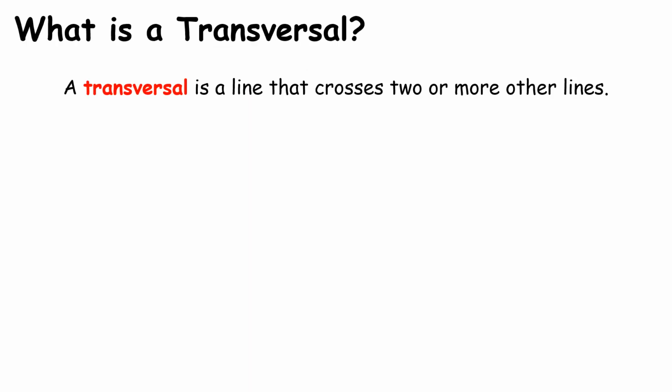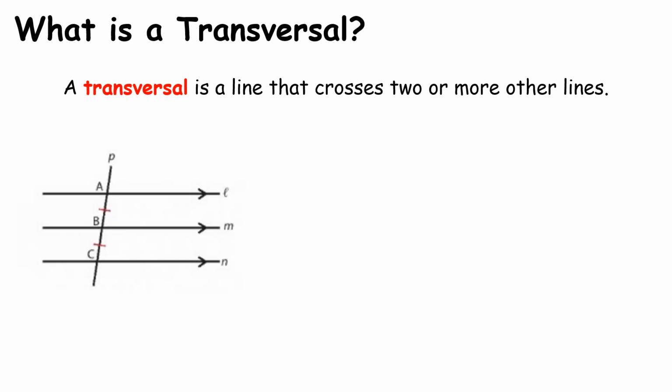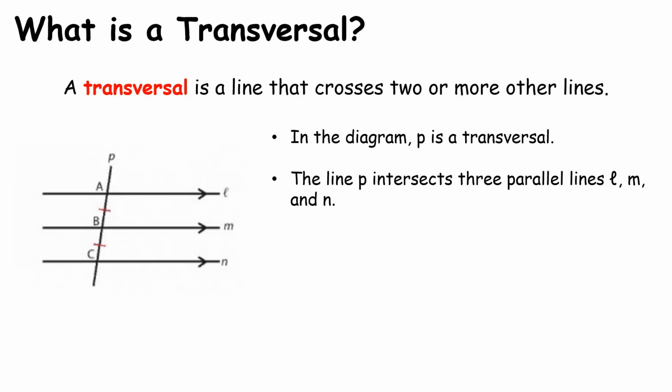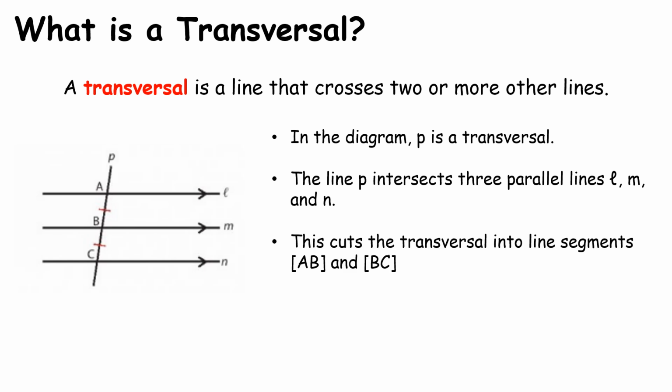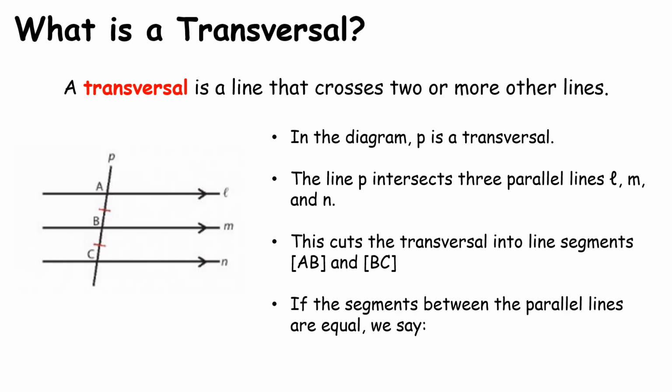So what is a transversal? A transversal is a line that crosses two or more lines. So here's an example of it. Here P is a transversal and it intersects three parallel lines, L, M, and N. And it cuts the transversal into two specific line segments, AB and BC. And we care about whether these are equal in measure. So here you can see on the diagram, the length of AB is equal to the length of BC. So we can write that as simply AB, in our two straight lines meaning size or length, is equal to